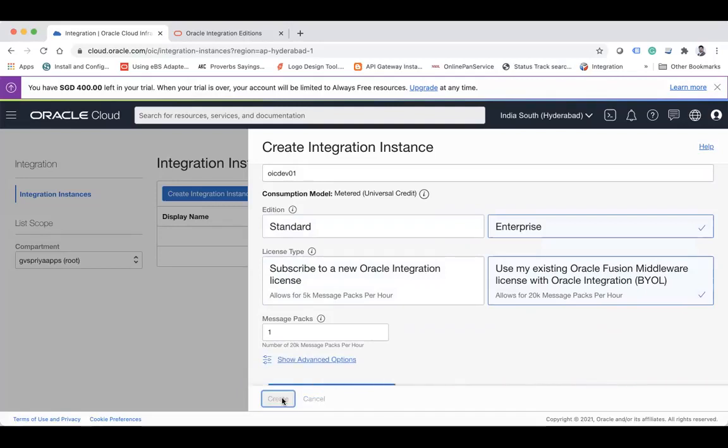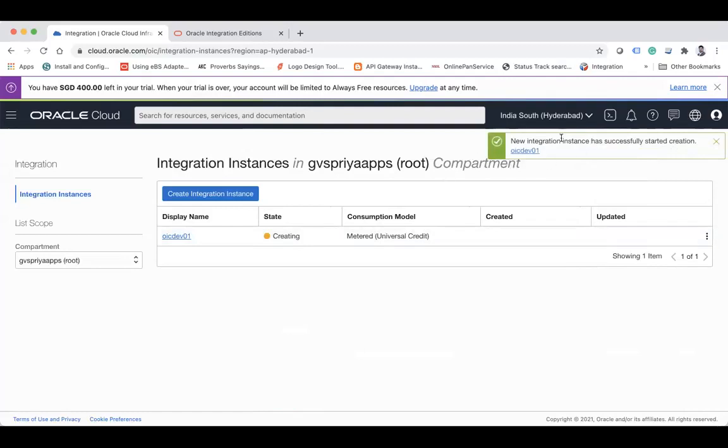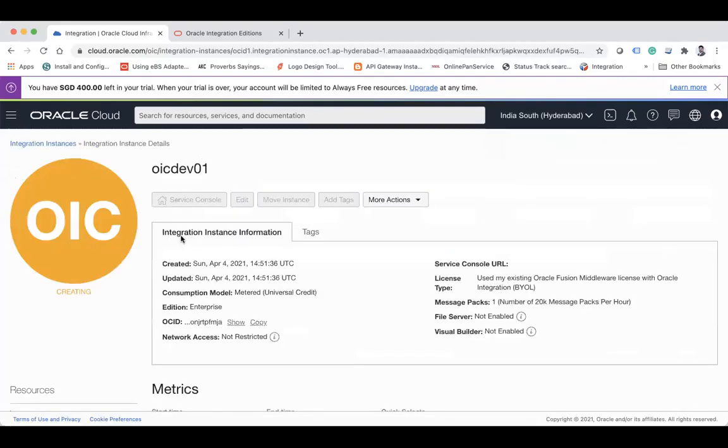Once you click on the create button, your integration instance will start creating. New integration instance has successfully started creation, OIC dev01. Once your instance is created, it will be in the running state. If you click on this display name,